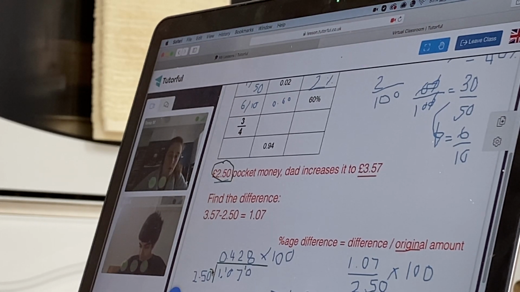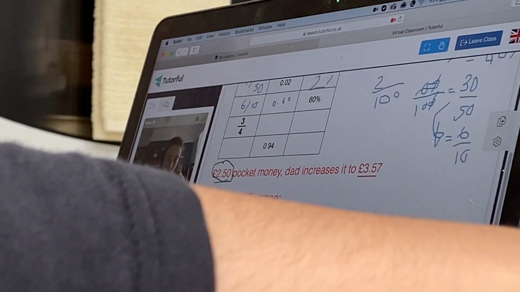Now, if we wanted to do this as a times by a decimal increase, what we'd have to do is add 1 to the decimal to show that it's an increase. So 0.428 gives us 1.428, and that is the decimal increase that we can use to times by. So if we take the original amount, £2.50,